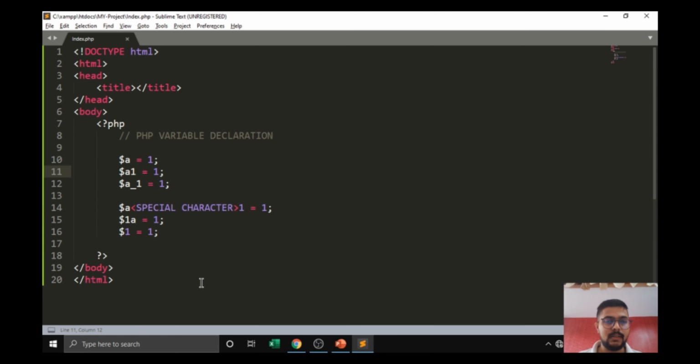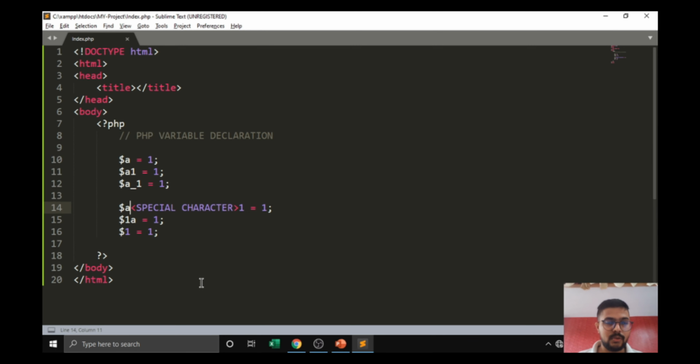You can use it as a variable. Then you can use an underscore, which joins two different words, or a numeric value with a variable name.